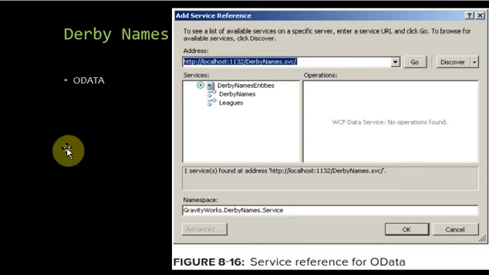Okay, so this is called the open data protocol. Open data protocol is nothing but it enables us to show our data resources that are addressed by the URI. So in the URL you're passing some URI, and whatever data you have in that particular location can be exposed to the user. So that is what comes under your Derby names. In that, the first one you have is OData, that is open data protocol.